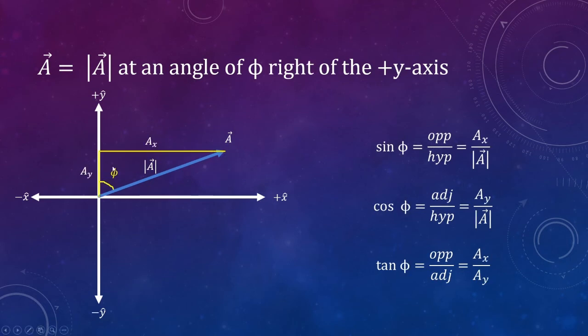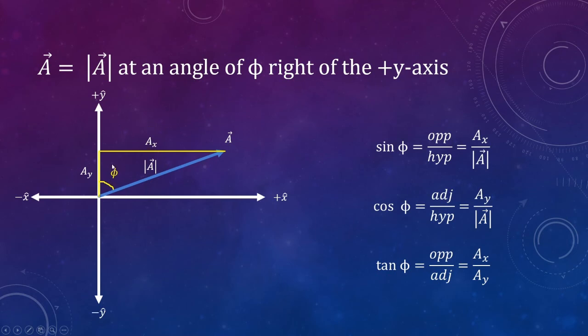So I've drawn this yellow angle, or phi, with respect to the y-axis, and we have the same x and y components as before, same magnitude as well, but now we have to be a little careful as to what our trig values are. And when we write this out, we say our vector A has a magnitude and it's at an angle of phi,